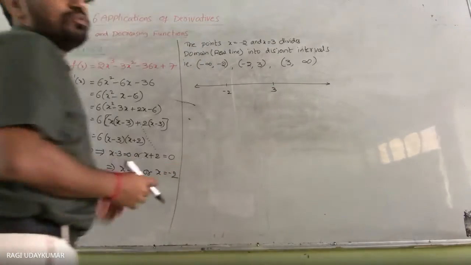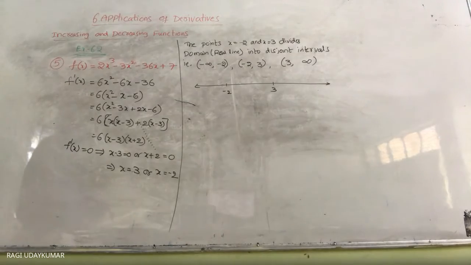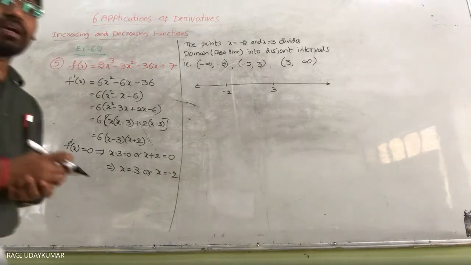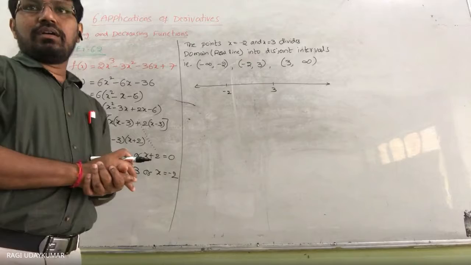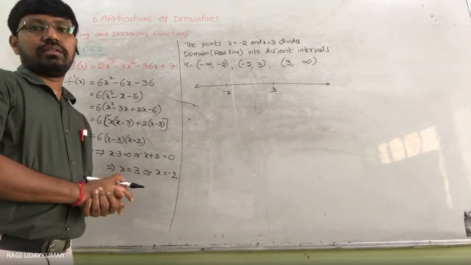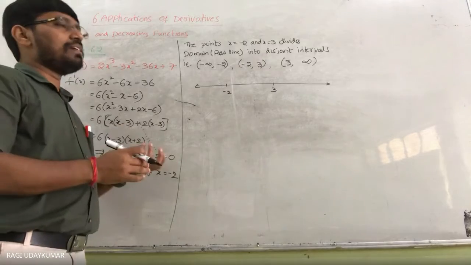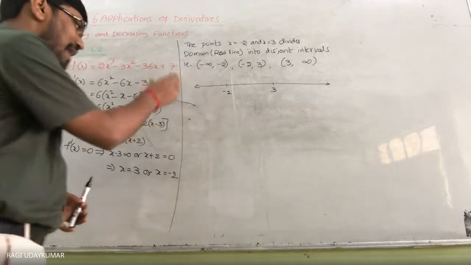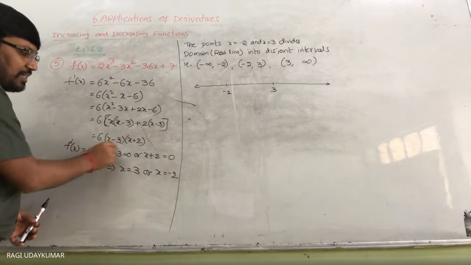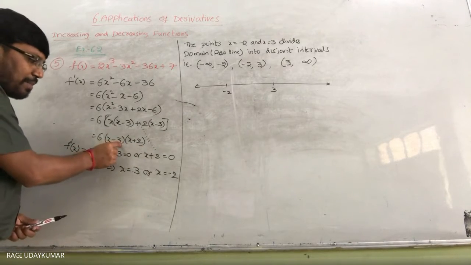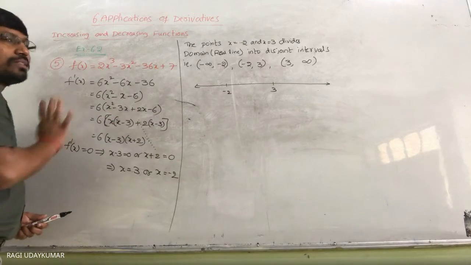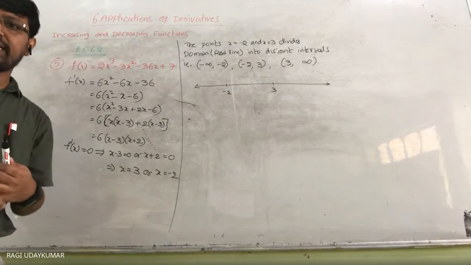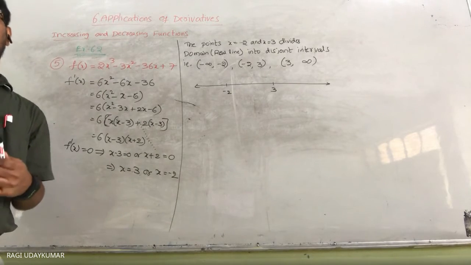So always observe one thing here: in what intervals it is positive. In your textbook example problems also, if you observe, the interval should be taken, minus infinity to minus 2. In this interval, you try to substitute values in f dash of x. f dash of x is this one. Substitute in it, if one factor is positive and another negative, then the value of f dash of x is negative. So like that, it is a lengthy process, whenever you are doing it like that.